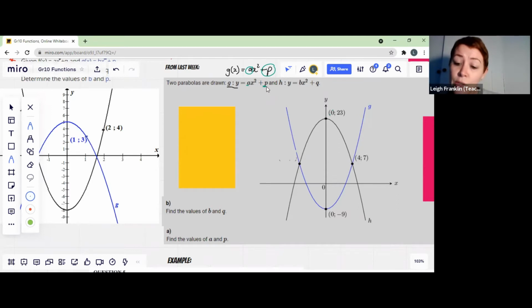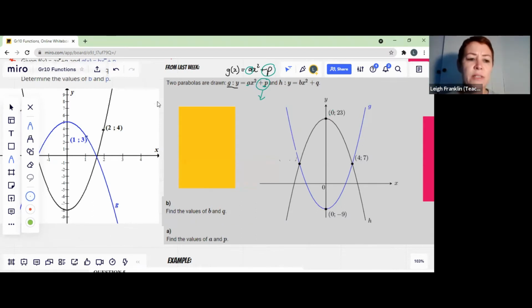Now, in order to be able to do that, you have to understand what these letters represent. And luckily for us, what they represent never changes. They always mean the same thing, otherwise it would be really confusing, wouldn't it? Can anybody remember from our very first lesson together what the p means? What does the letter p represent on the picture? You can type it in the chat, or you can unmute your mic. It's up to you.